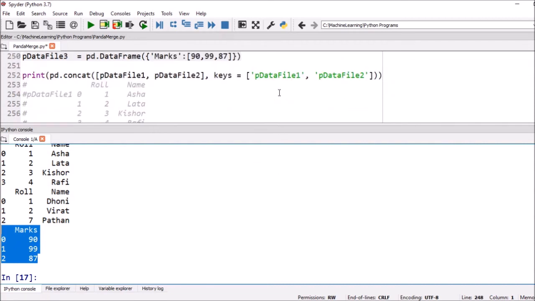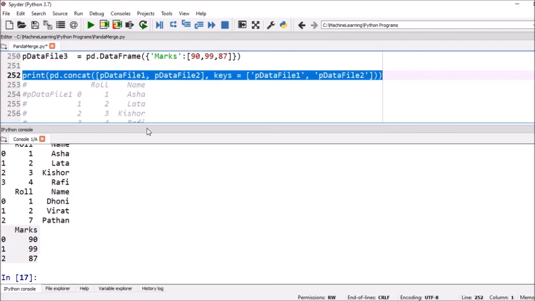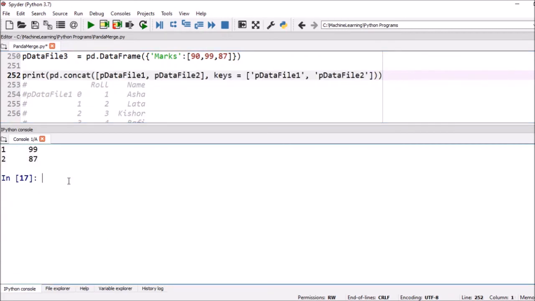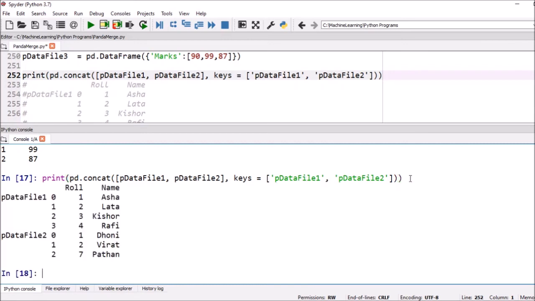Okay, now see some concatenation. Now here we just see the use of keys. Suppose we execute this particular line where we use the concat function, like this way: pd.concat p data file 1 comma p data file 2, keys p data file 1 comma p data file 2. Now you can execute it.